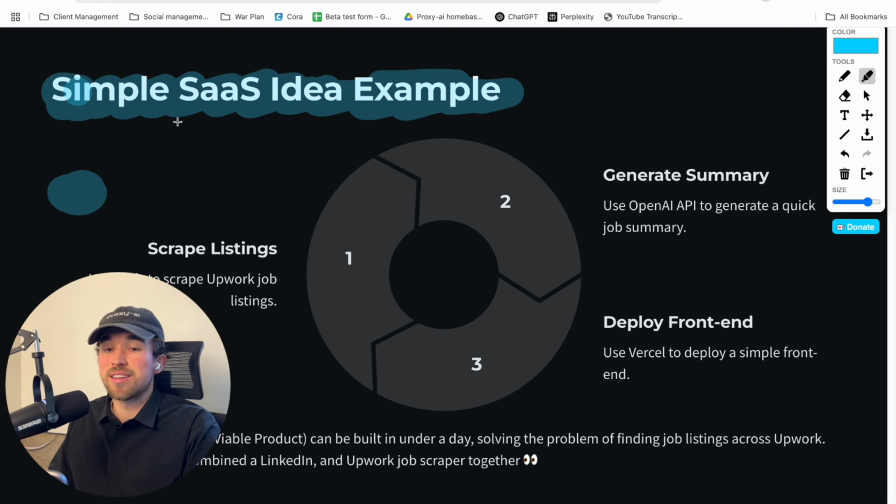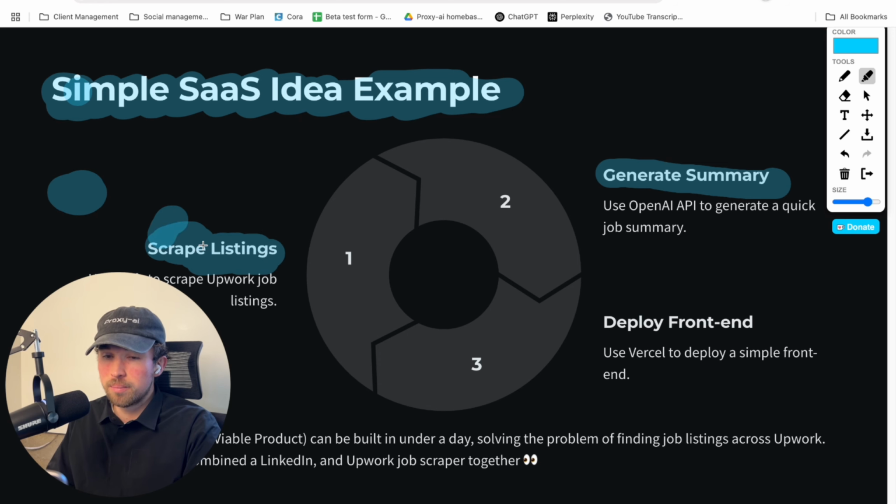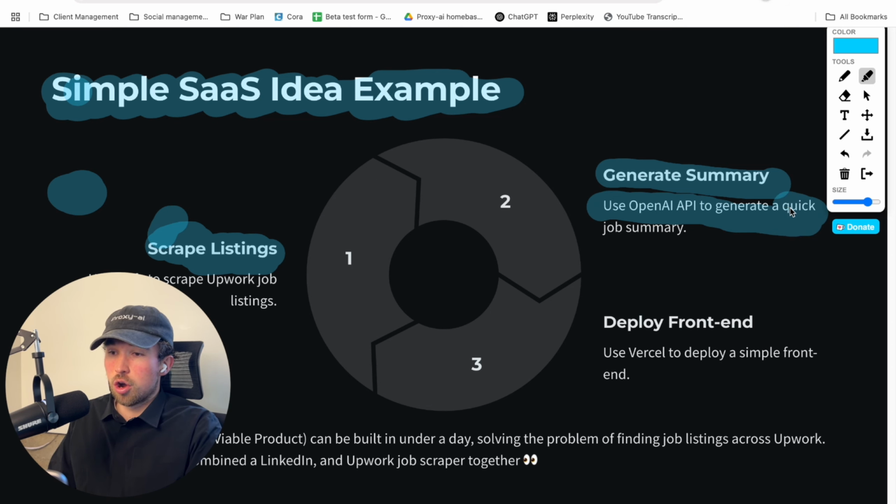Well, first of all, we're going to display them on the front end of our UI. Then we're going to generate a summary or a potential icebreaker: the person using our software can click generate icebreaker, and it'll generate an icebreaker for the specific job listing that they want. Then they'll be able to copy and paste that icebreaker, click on the URL of the job listing, and immediately send it in. So that's what we're going to do. To actually generate the icebreaker, we're going to leverage OpenAI's API to get the quick icebreaker.